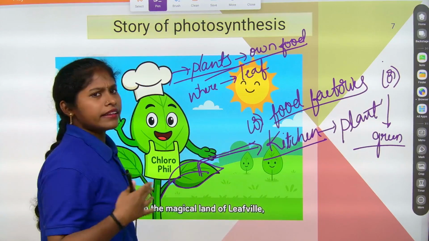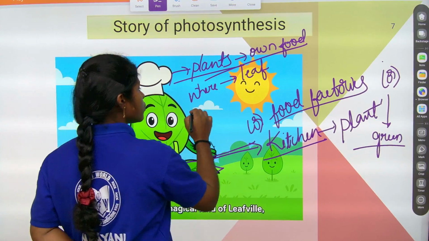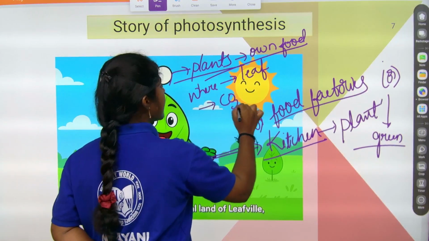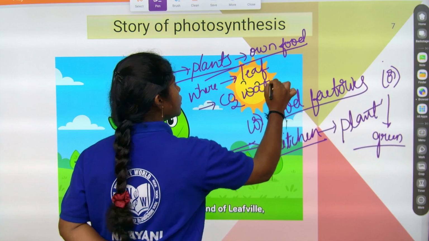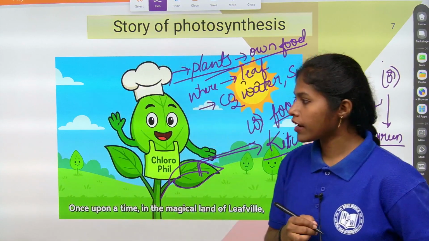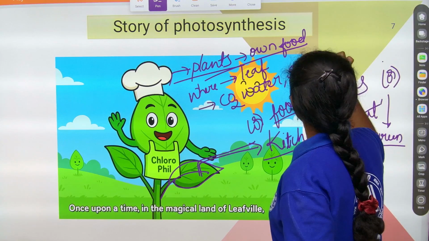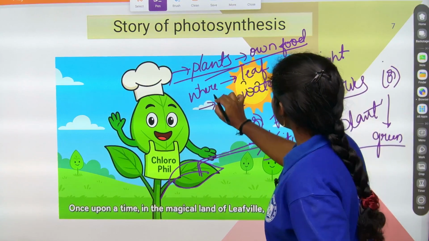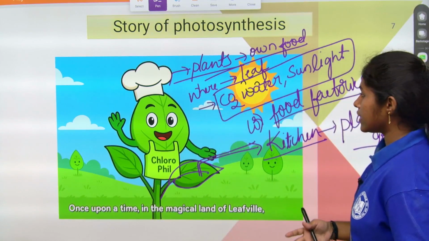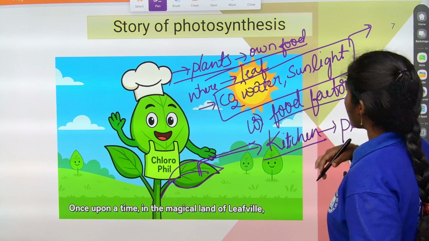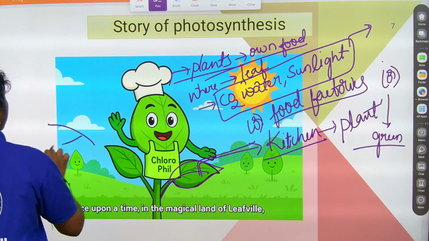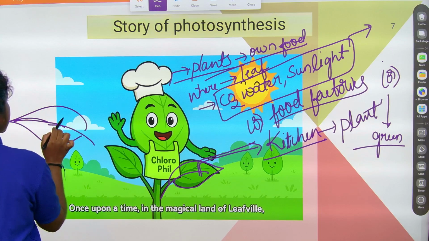So what are the ingredients it needs to prepare the food, children? The ingredients it needs to prepare the food are carbon dioxide, water and also sunlight. I think it is visible, right? Okay. And sunlight. These are the elements which are needed externally from the plant. So how is it accepting, children? By the pigment called chlorophyll, which is present inside the